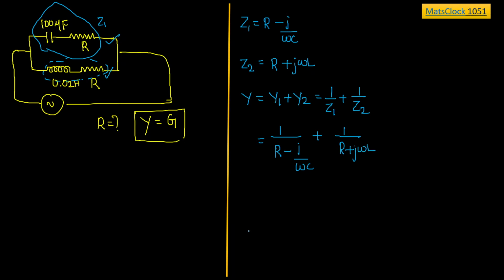Is there any problem now? No, I don't think so. Now, if you take cross products, like I am taking LCM, I am bringing this term to the numerator, this term to the numerator, such that this can be further written as R plus j times omega L. Similarly, here,